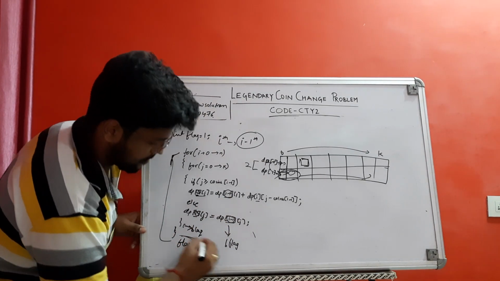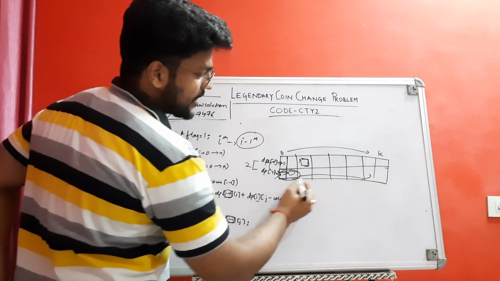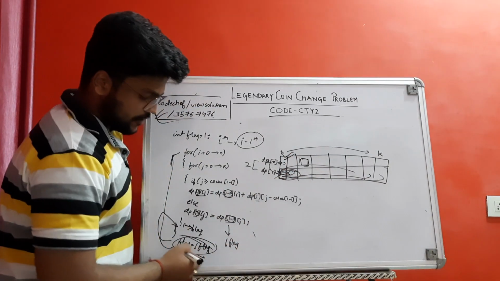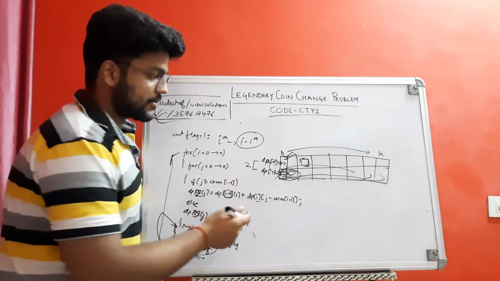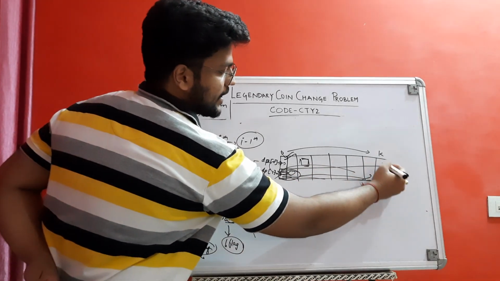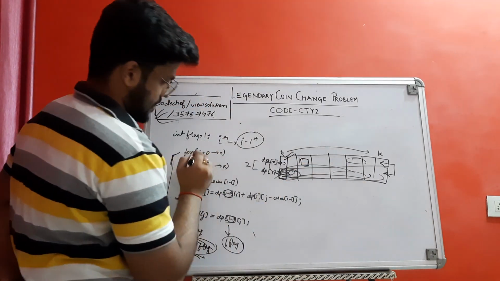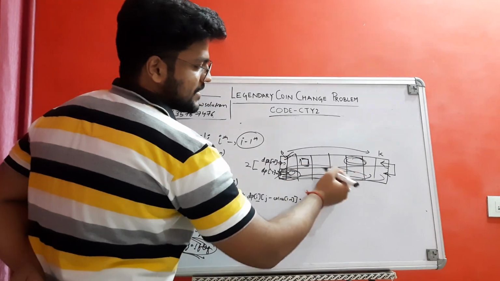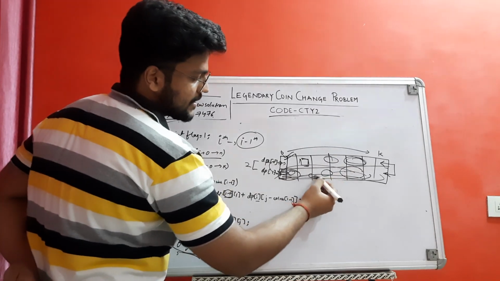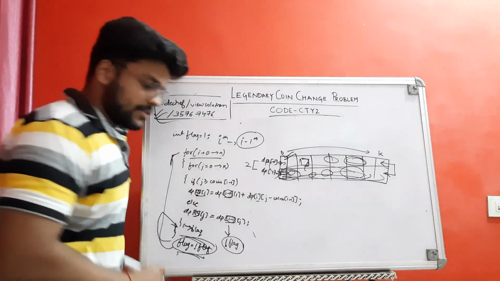So after I save this array, I have to save the other array by using this array. So you can toggle the flag. Toggle, a very important word here. You can use a flag variable to toggle between these arrays again and again. Now in the next ith loop, you can solve this array by using this, then this, then this. So this will decrease my space complexity. You can watch my solution.